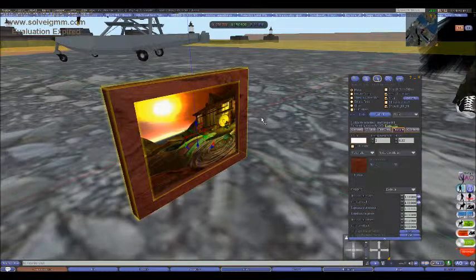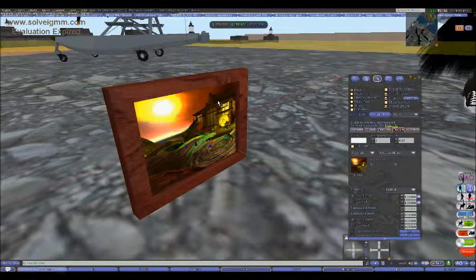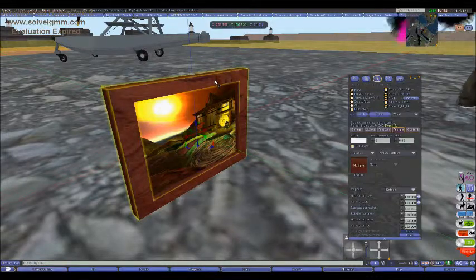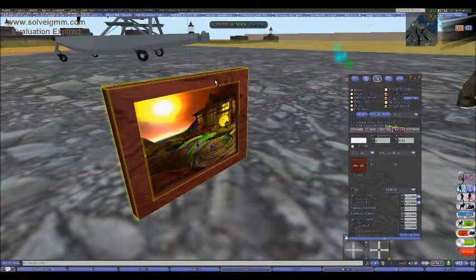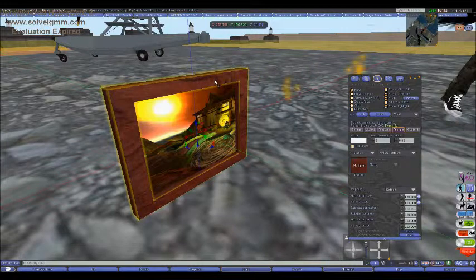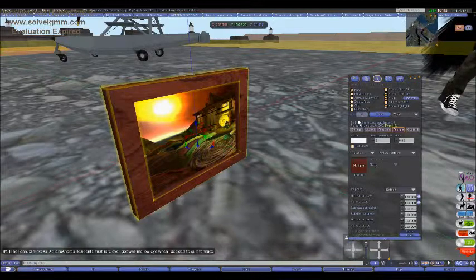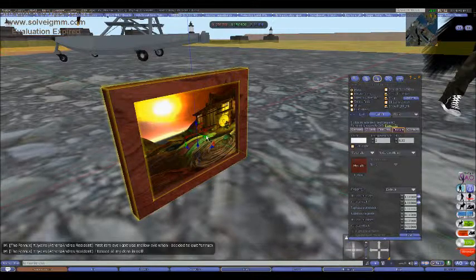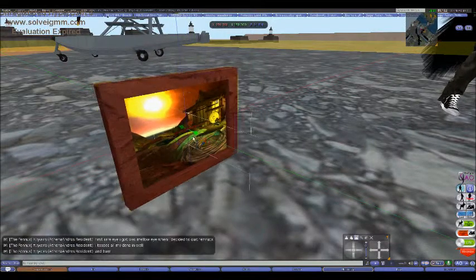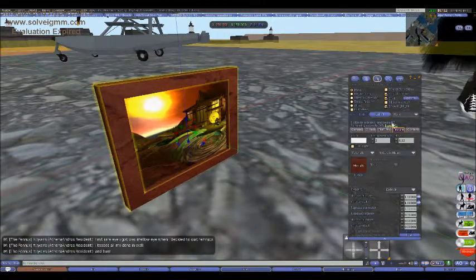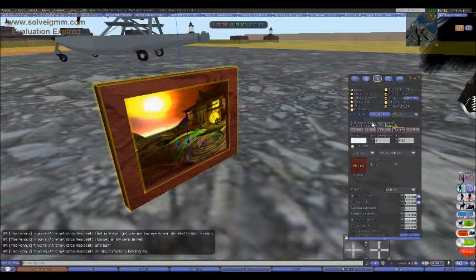So now what we're going to do is highlight the picture, hold down Shift, and select your frame with the left mouse button, release Shift, go over here to link, and link. Now it says one object selected, which means the whole item is now an object, and it says here land impact 2. Land impact 2 just means there's 2 primitives on the land,